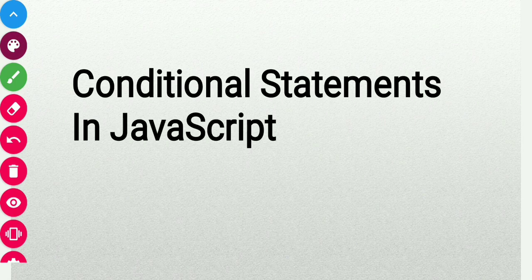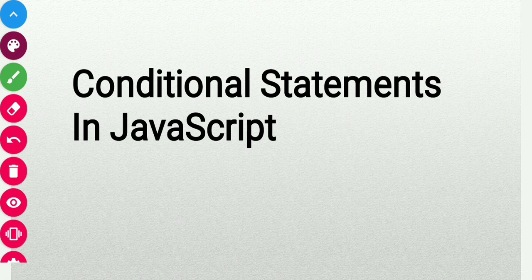So, we know that conditional statements are used in programming languages whenever we want to give choices to the user, and the result is based on the conditions. These statements generally execute on the basis of specified conditions, and they have different results based on the different conditions. If the condition is false, something else is going to execute. If the condition is true, another part is going to execute. That means commands are executed based on the conditions. Whatever condition is satisfied, only then will it give the desired output.